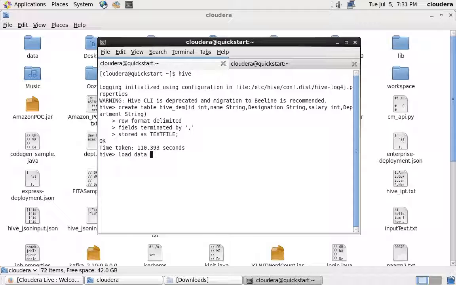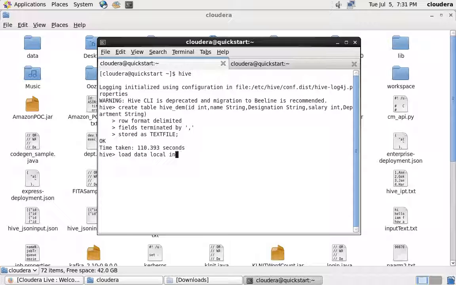The place where you specify the mode of your input file, whether it is going to be from the local file system of your data node, or whether you are going to load the data from your HDFS file, is only when you use the load data command. If I use the keyword load data local inpath, it means you are going to load the data into this table from the file in the local file system of the data node.